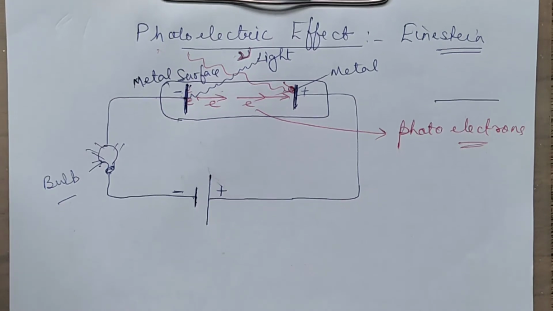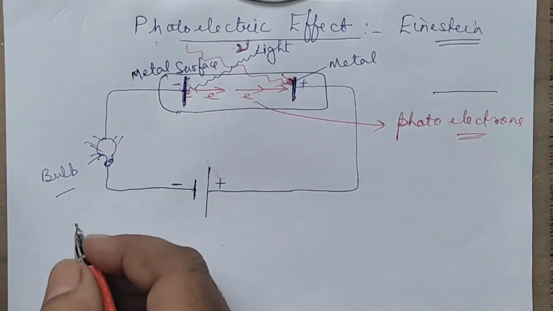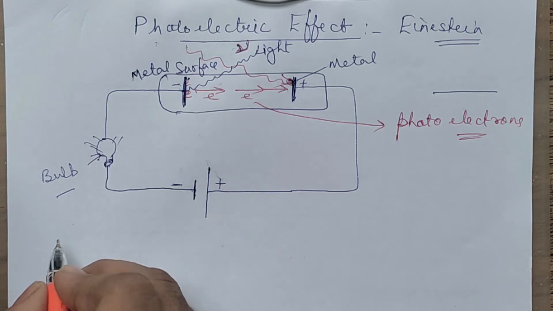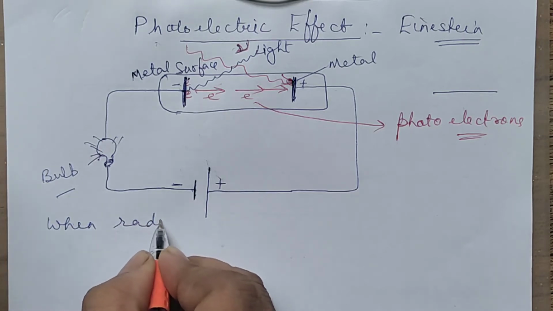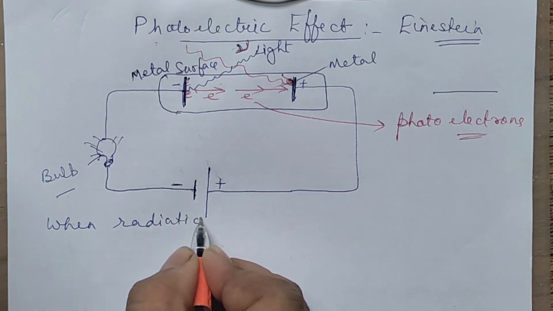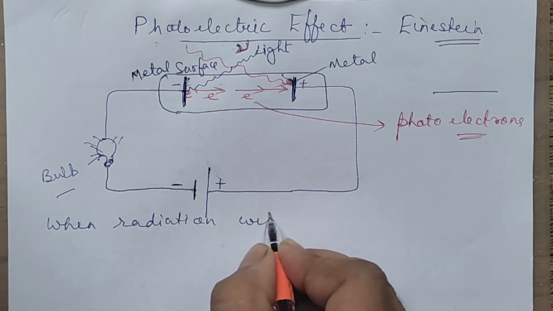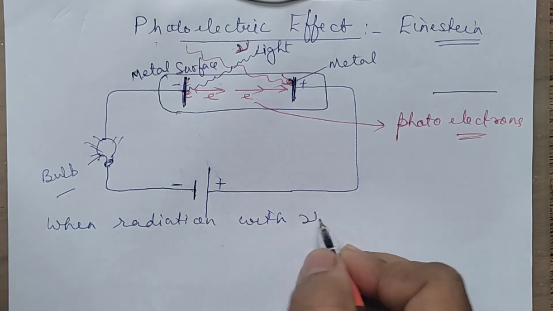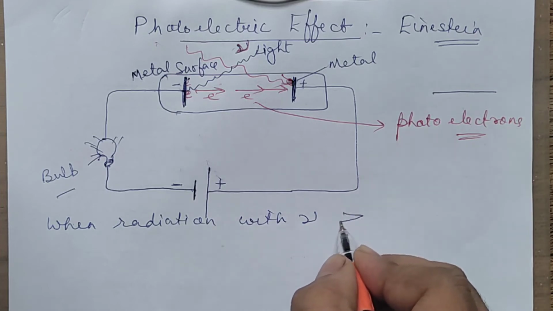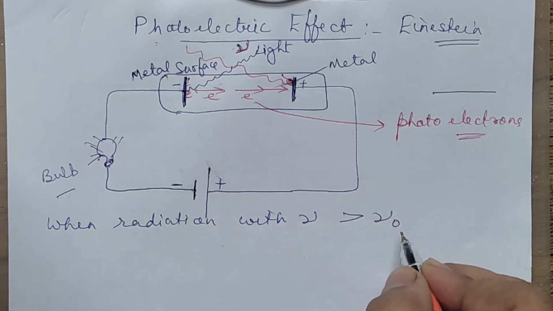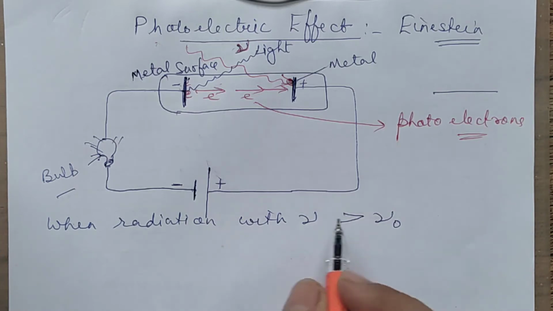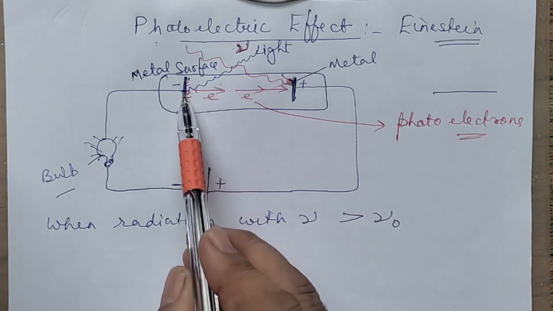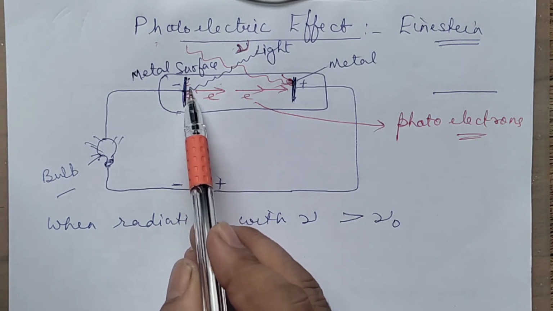Okay, so suppose we have to define the photoelectric effect. How are we going to define it? We will say when radiations with frequency greater than nu naught. And what is that nu naught? I'll tell you. If it is greater than nu naught, it means the energy with which this electron is attracted towards